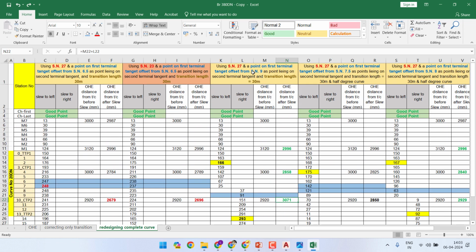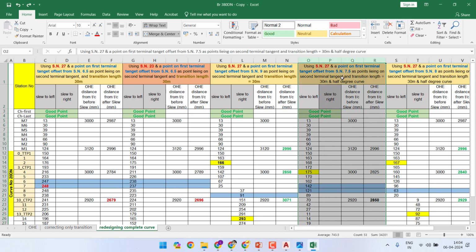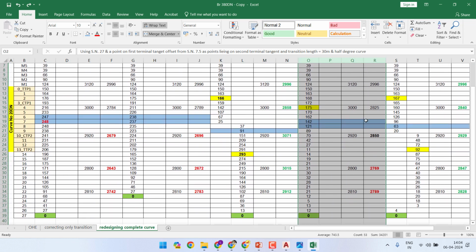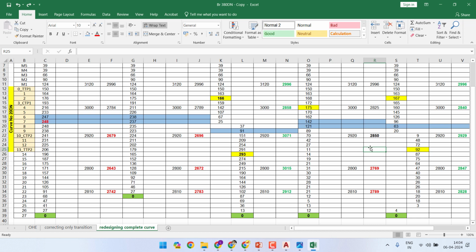So common logic suggests that if we used another station number between 6.5 and 9, let's say station number 7.5, we have repeated the whole solution. Everything is same. Station number 27 will be the good point, and the second good point for the second terminal tangent will be an offset from station number 7.5. This solution, so we have repeated this, and in this case first will be good, but second 2 OH distances